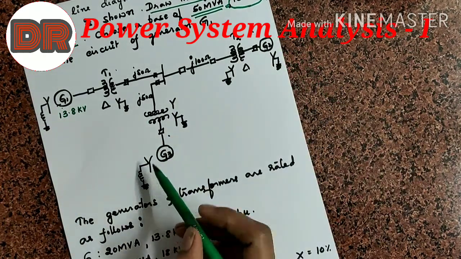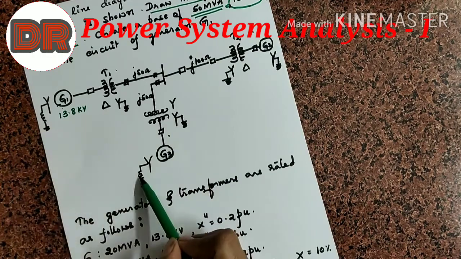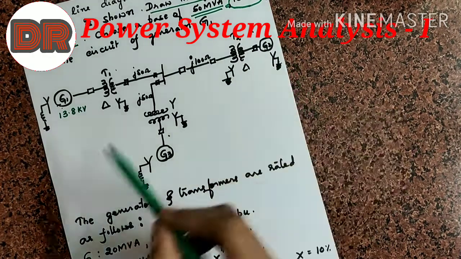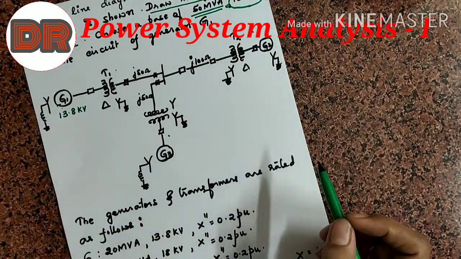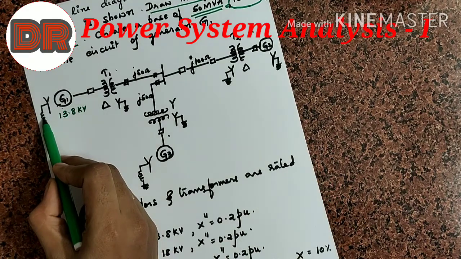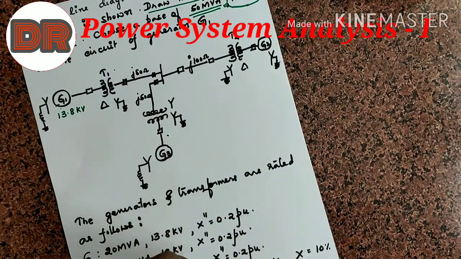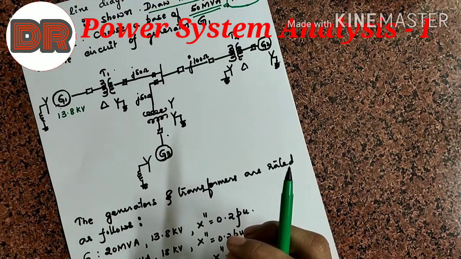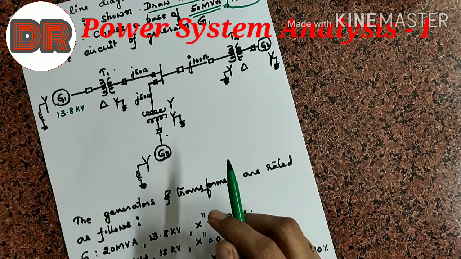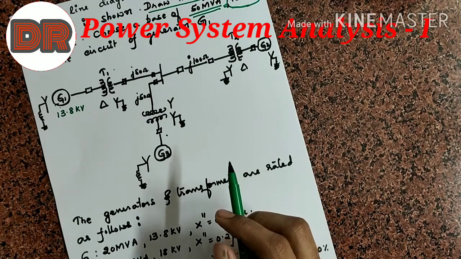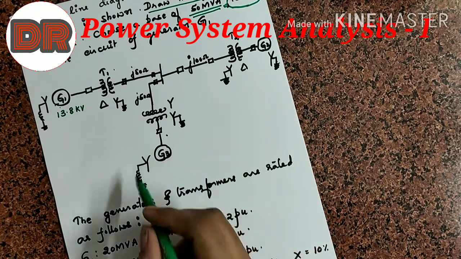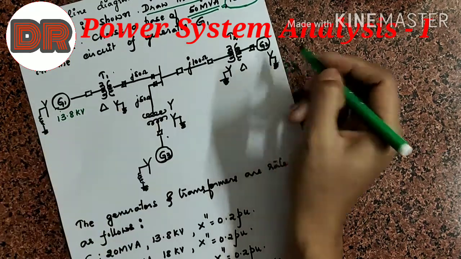Also you see here in the one line diagram, all these generators are given with the neutral connection. You need not worry about the neutral connections here. If the values are given, then you can include them, but that comes when we study the zero sequence diagrams. Here it is not at all needed for us, so don't worry about all these neutral connections.